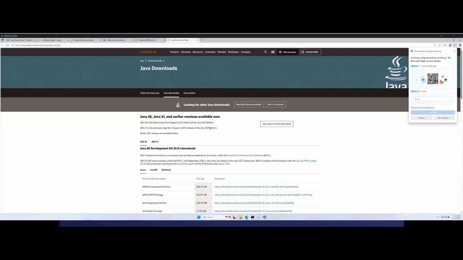ColdFusion Builder, remember, is running on VS Code, and VS Code is pretty flexible on what Java it is willing to let you use. ColdFusion wants you to use Oracle Java, and the Java that comes with ColdFusion can only be used with ColdFusion. If you download an updated version of your own, you're only licensed to use that with ColdFusion. So if we want a Java that's not the one in ColdFusion, and whether we want to use a